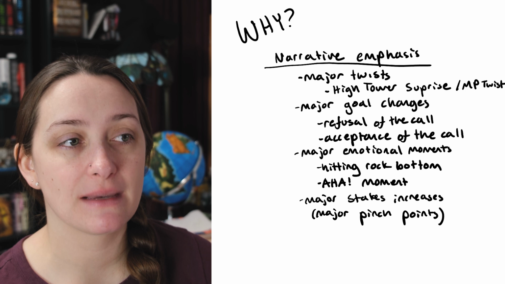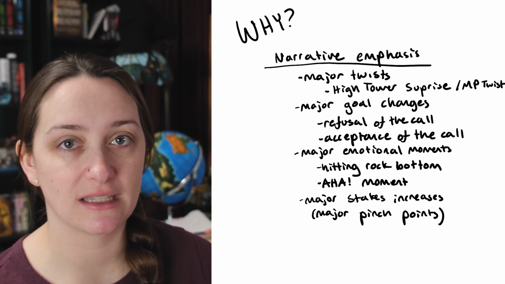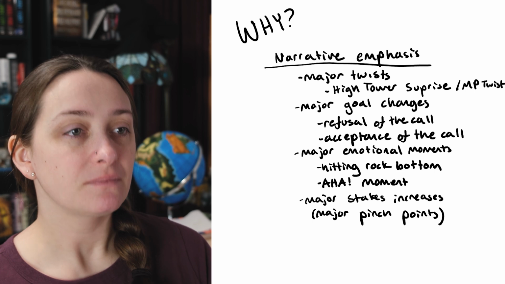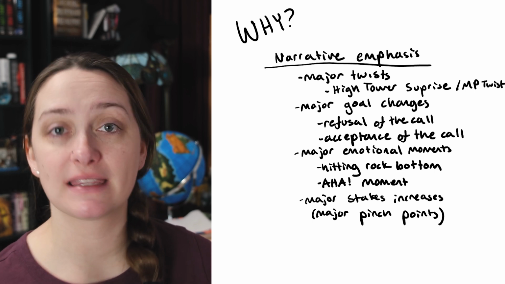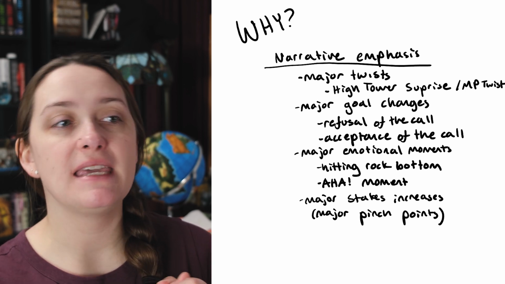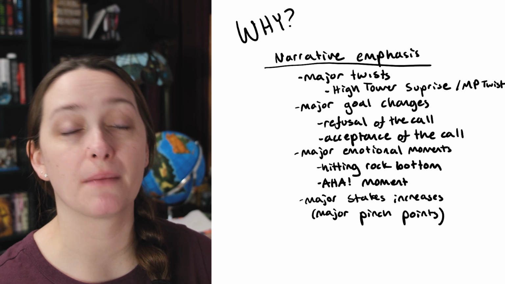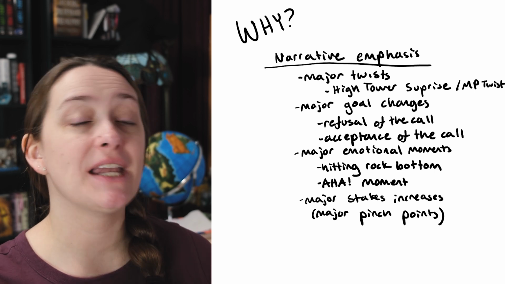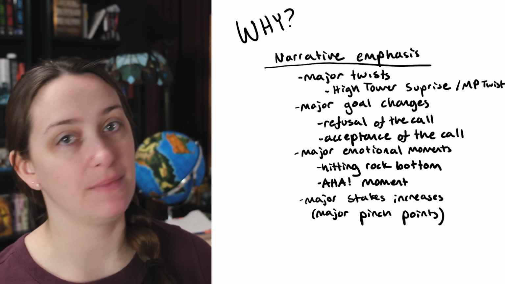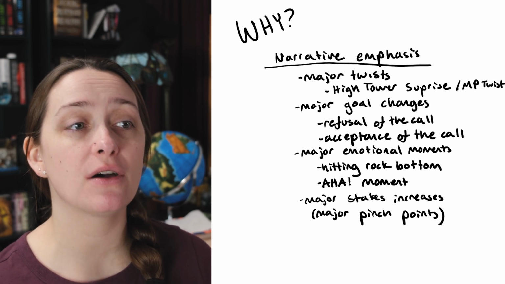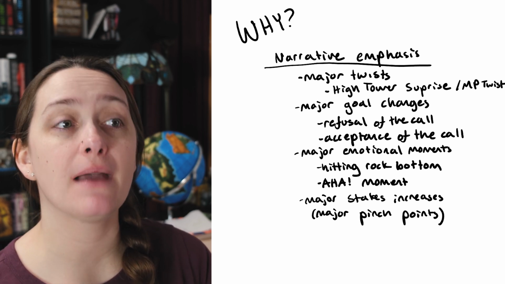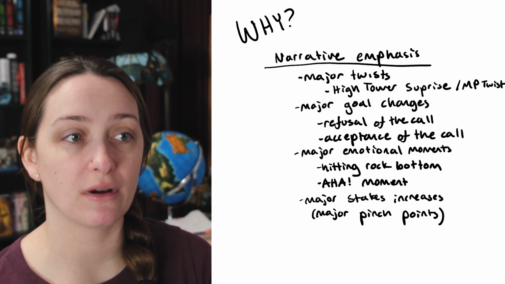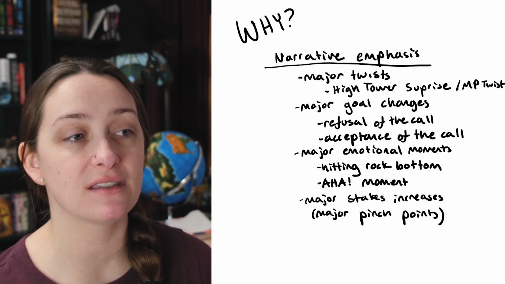And so I have some examples here, right? Like any major twist in the book. Maybe in a mystery you have a lot of these, right? Or in a thriller. But if you're following the Save the Cat beat sheet, this could be the Hightower surprise in your major climax sequence or your midpoint twist, right? It could end on those moments because those are great places to keep moving forward. And also, not even just to keep the reader reading, but again, to give emphasis to these points in the story because they're big turns and changes.